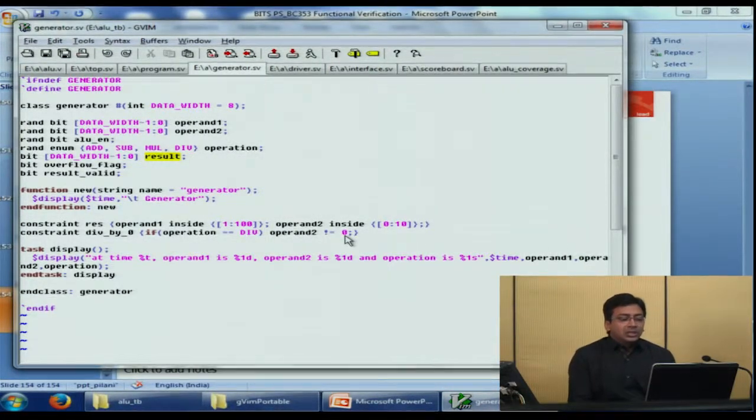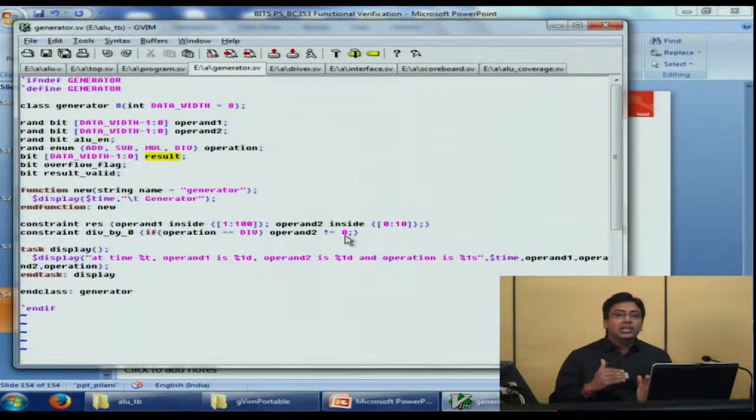So this again restricts the sample space of operand 2. The actual random behavior says that operand 2 can take any value from 0 to 255. But the first constraint says that it is only allowed to take a value from 0 to 10. There is another constraint which says that it cannot have a value of 0 if the operation is division.